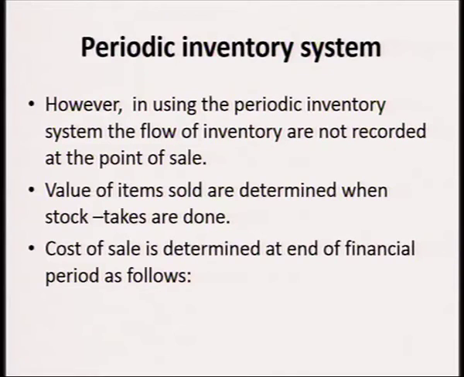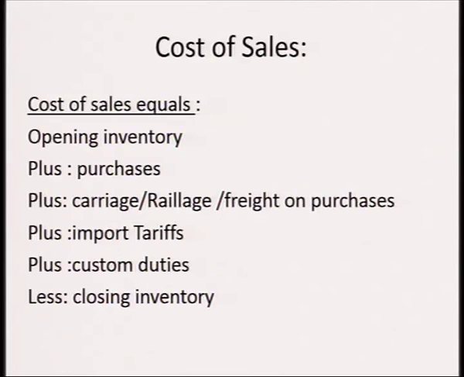Cost of goods sold using the periodic inventory system, unlike the perpetual inventory system, which is determined at the point of sale, is determined at the end of the financial period, which is the year end of the business's financial period. And cost of sales is determined as follows. We have opening inventory,